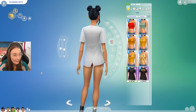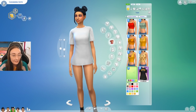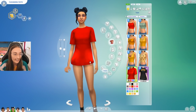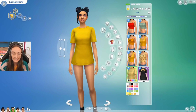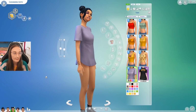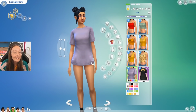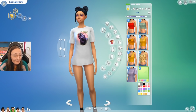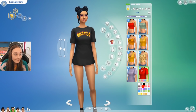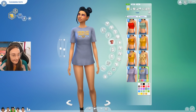And then we have this long line shirt with a little A cut in the back. I really like this. It's not very often we get shirts that are this long in The Sims. I constantly say it in Create a Sim when I'm going through items of official content: I just wish we could have long line shirts, like the team play around with cuts a bit more, and they have been doing it a little bit recently. I have been kind of impressed with what they've done, but this is kind of like a boyfriend fit